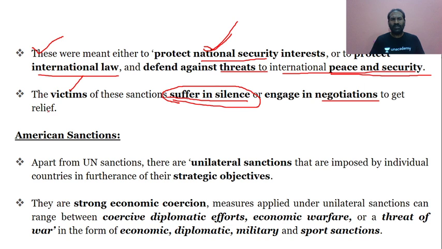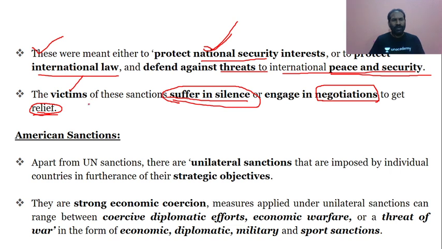some relief. Because once sanctions are imposed, the country's economy would be totally squeezed, it would shrink. So what is important at this junction for a few of the poor and developing countries is to suffer in silence and be prepared for the worst, that is, the economic crisis to happen, or else get to the negotiation tables, accept, abide by the rules and get some relief. That is in regards to the UN sanctions we have discussed.